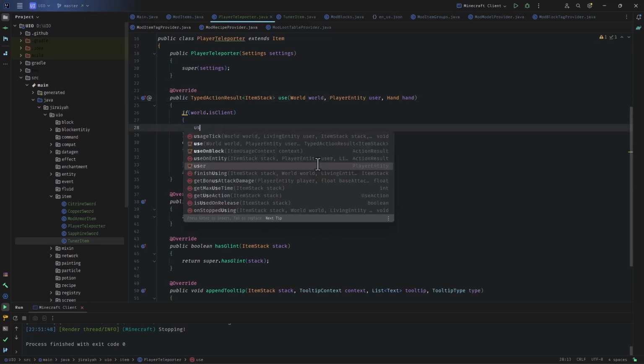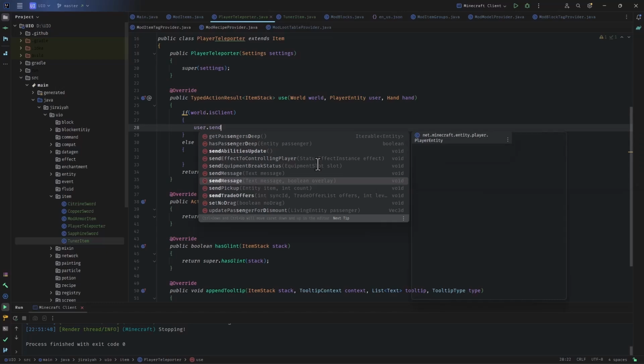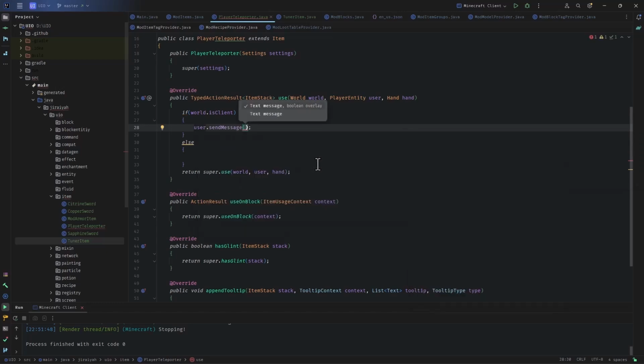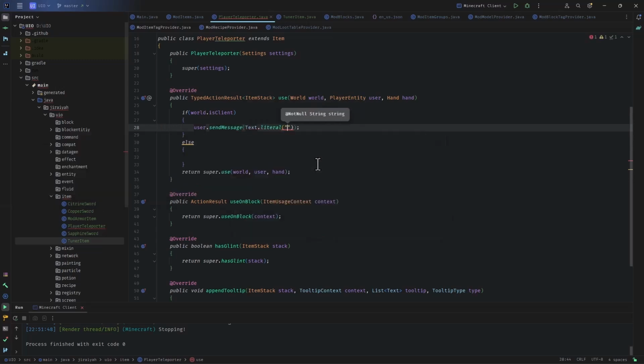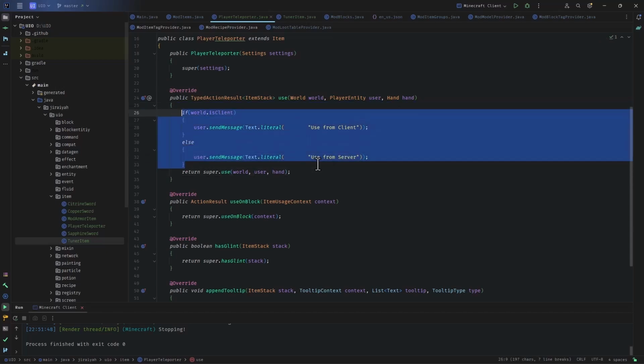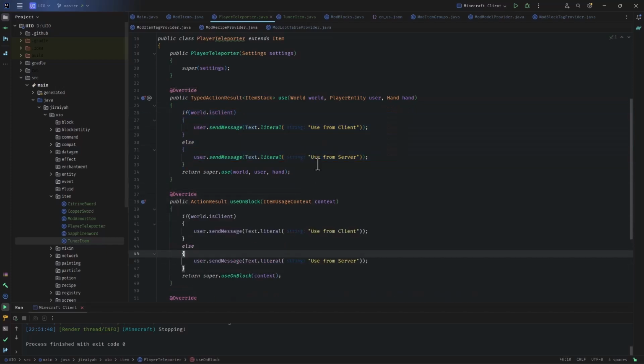We say user dot send message, and we can send a message, so text dot literal, and we say use from client, else we will say use from server, and I will just copy this whole thing, and for use on block,